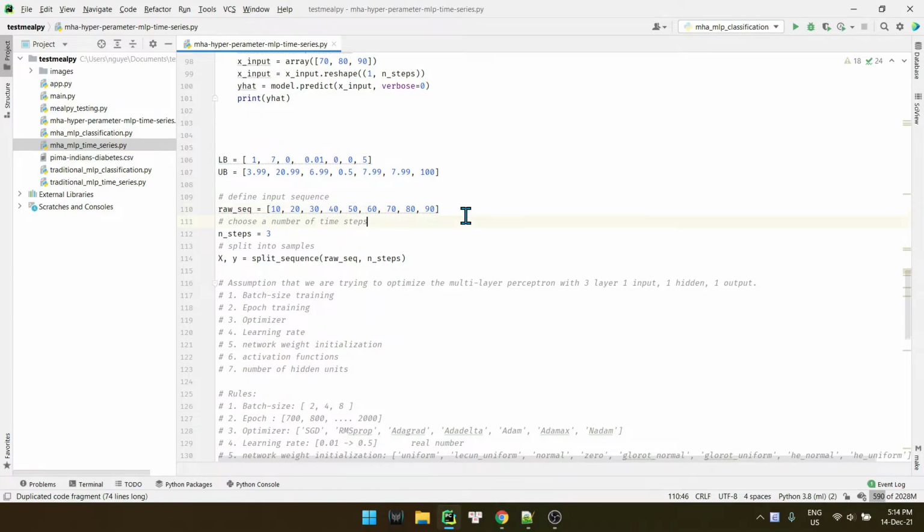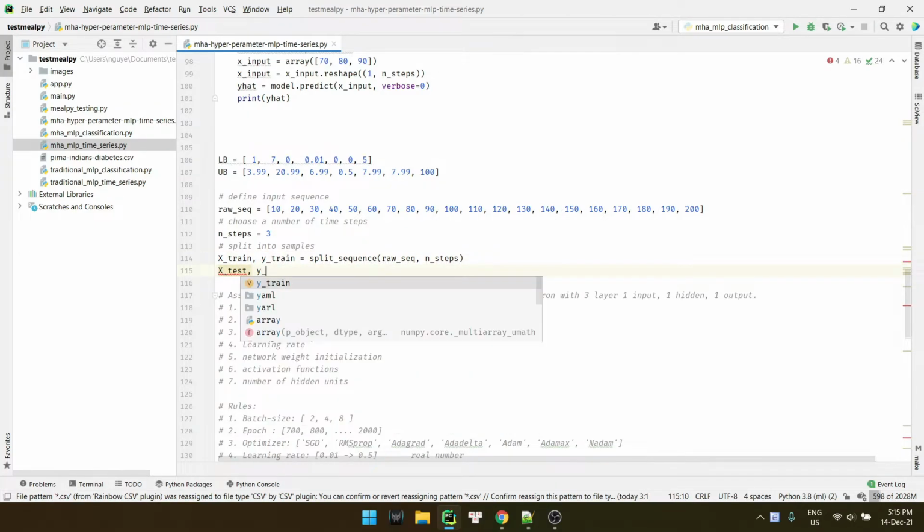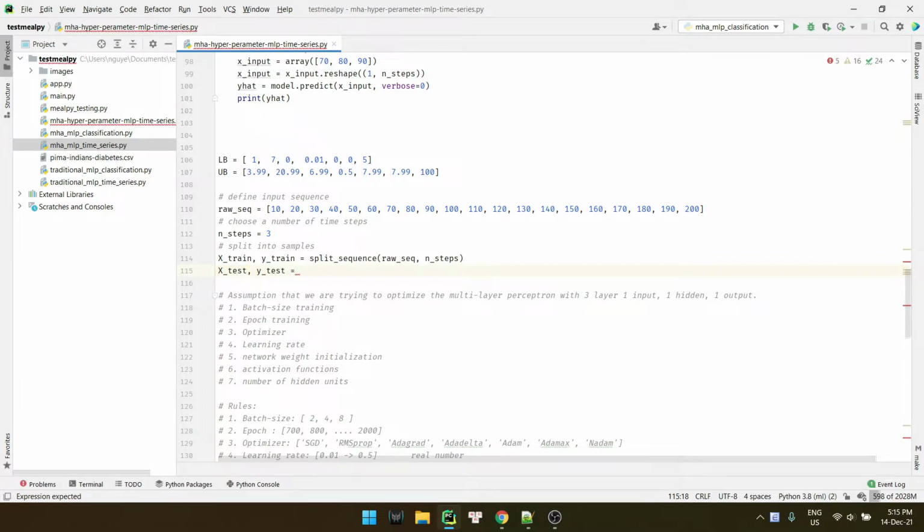So here is our data set. Let's create more. Alright, so the x train, y train, x test, y test. Okay, I'll take 60% for training and 40% for testing, right?